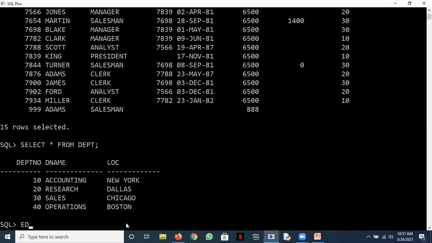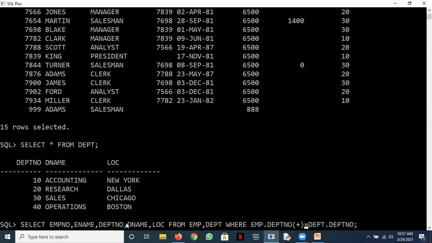So if I write a join like this, to give the outer join, we use a plus symbol in the old syntax. So now what I'm saying is display this information which would give you the equal rows. The equality rows are 14, I suppose. And it says give the non-matching rows from the right table. Wherever you put the plus sign, the non-matching rows do not come from that table. So here we'll have 14 matching rows and the non-matching row would come from the department table.